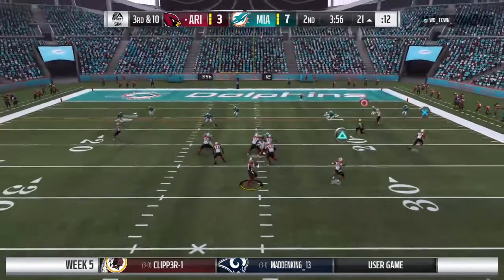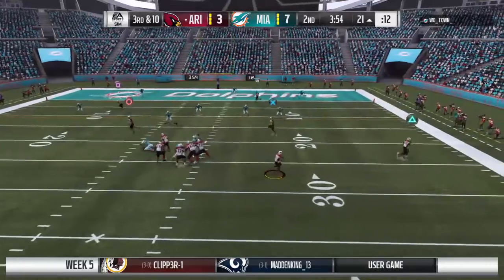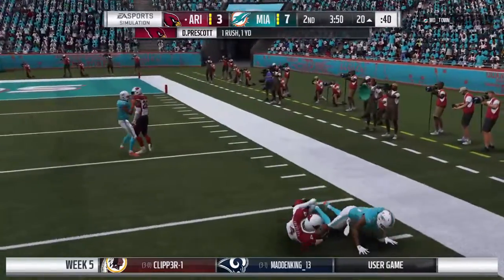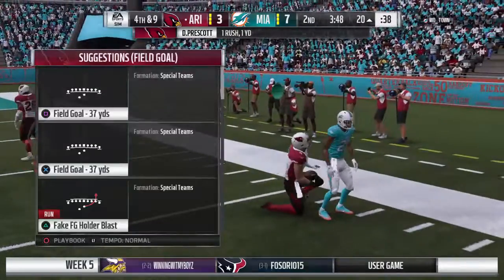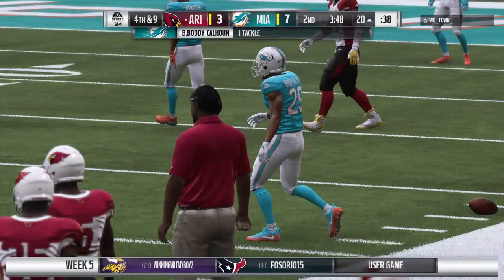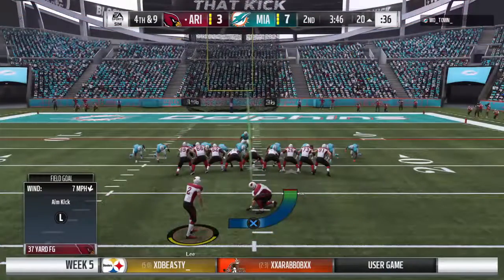Out of the gun. Here's Prescott, eluding the pressure right. He may try and run for this. Only able to get back a yard for his efforts, and that leads us to 4th down. Well, partner, nothing comes open here, so he decides to escape out of there, and he doesn't pick up a